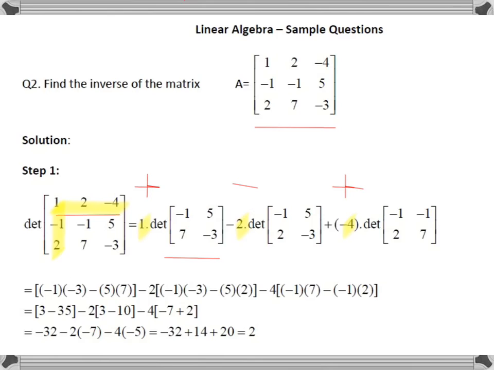And you repeat that for every one. The next one then for 2, you repeat that for 2. So you take 2 and you highlight the row and column that 2 is in, and you look at what's left over, and you make a matrix out of that. And you get the determinant of that one. And finally you do the same for the -4. Now,